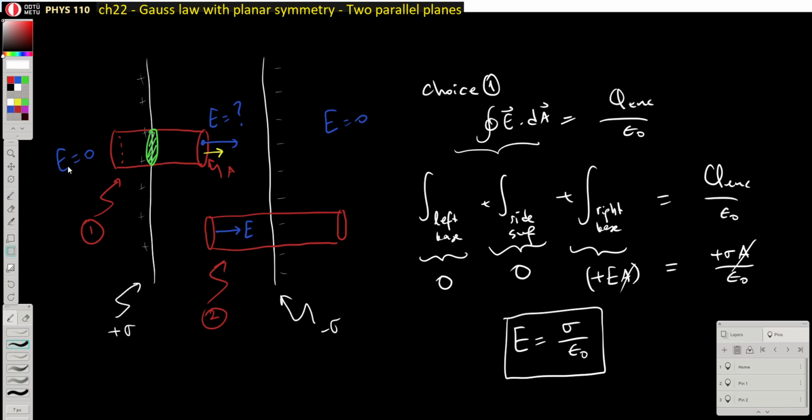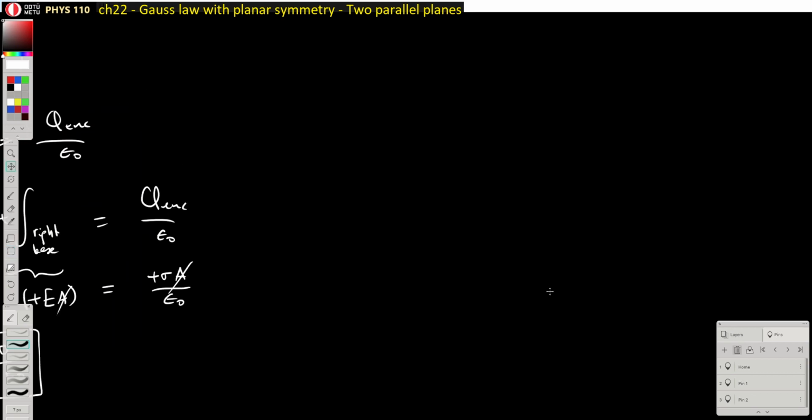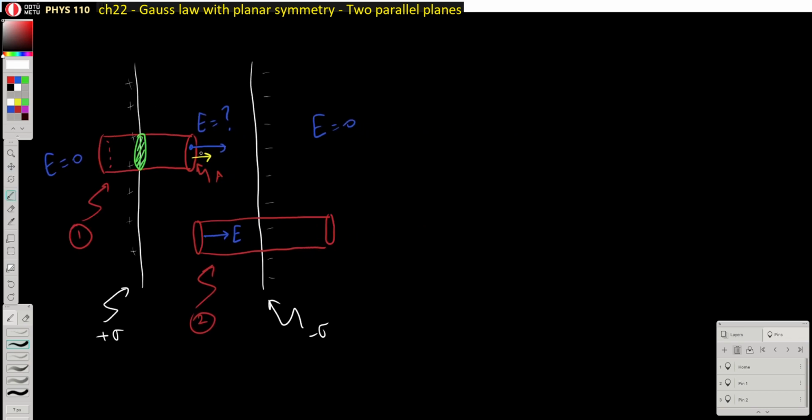But let's solve the problem by using the other surface. So I'm going to make a copy of that picture, and I'm going to move it somewhere else. All right, and now I can use the second one in here. So forget about this picture in here. I'm going to use the second choice. Hopefully we are going to find the same result. So that's choice 2. So the flux integral